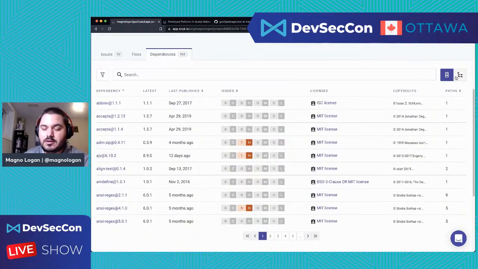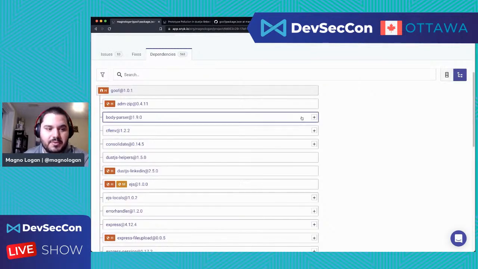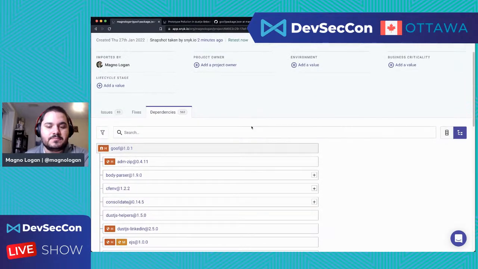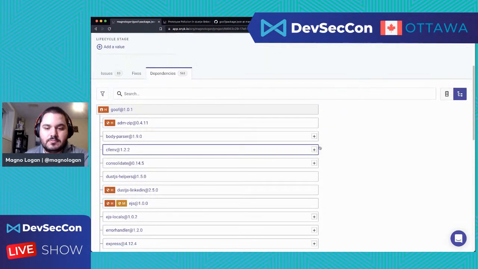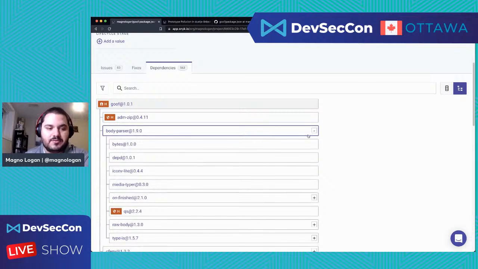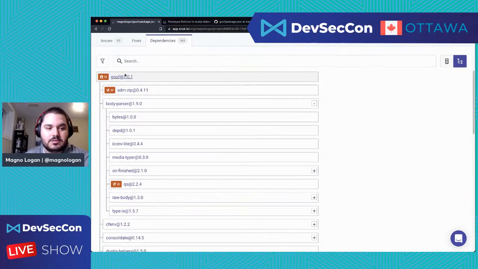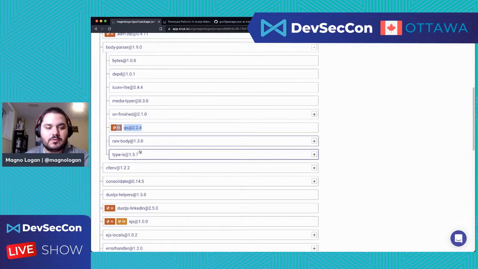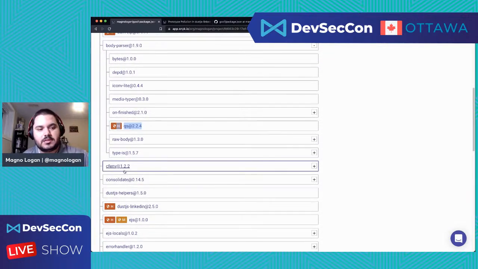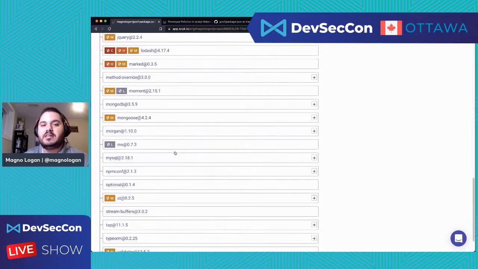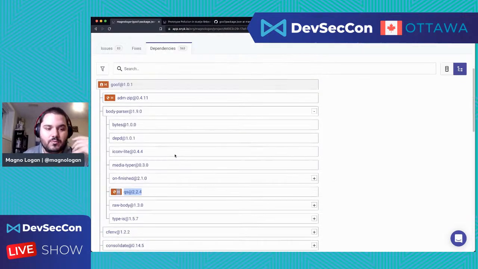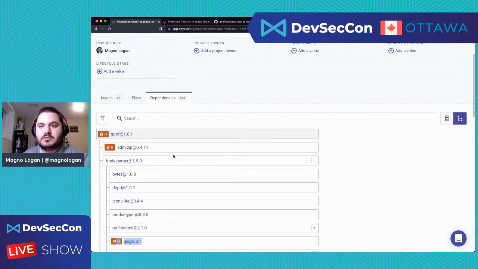I can take a look here, and I like this hierarchy format better, because I can easily see with the plus sign which dependencies have other dependencies, and I can see that this indirect dependency also has a high vulnerability. That's probably what's showing in the results, the 83 results. But I can see how many dependencies I have in my code and why it's critical for me to update those.